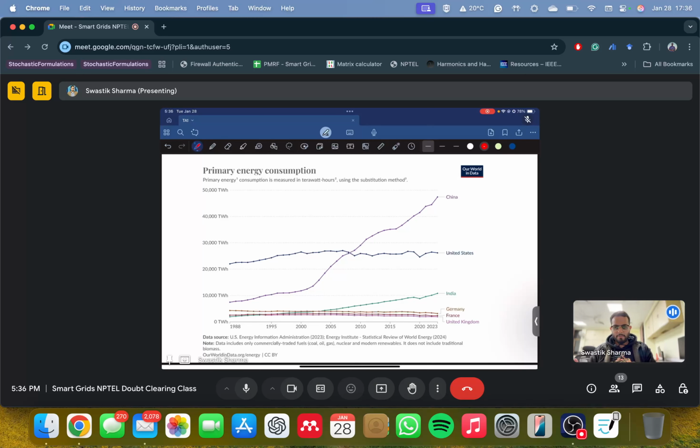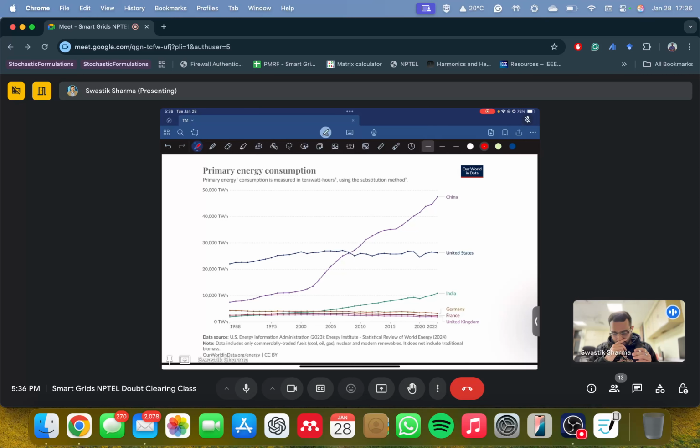So you may see that UP has certain. Recently, there is a new project going on in UP or MP where they are constructing a new coal-based power plant. So it's not like we have completely swapped coal with renewable, but we are just making sure that coal does not offset renewable at a very large pace, right?